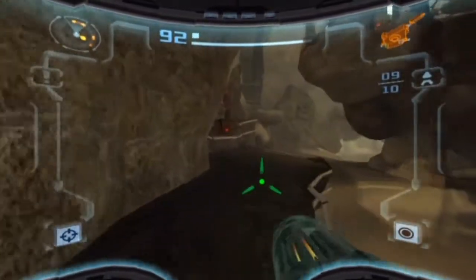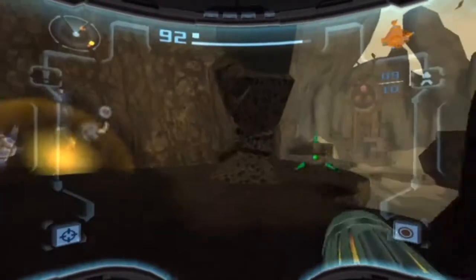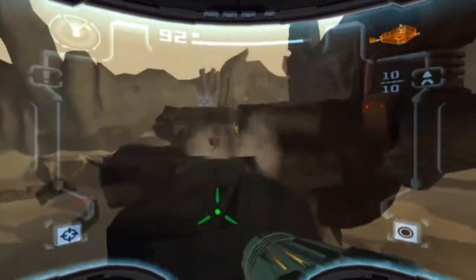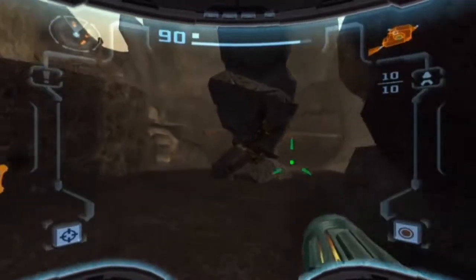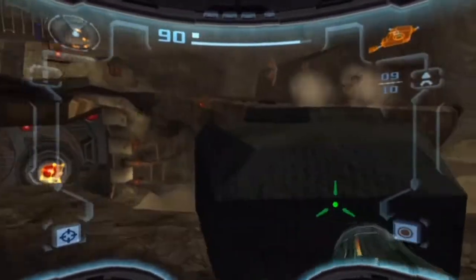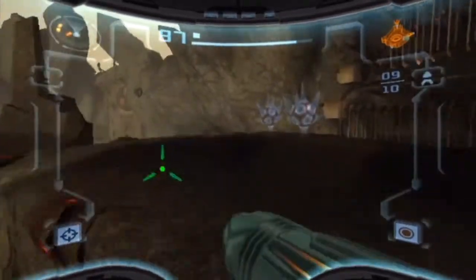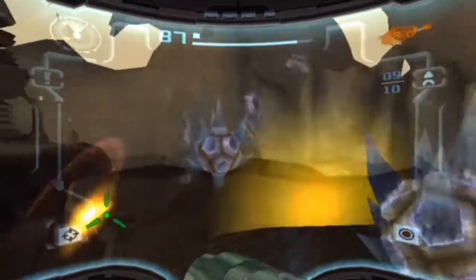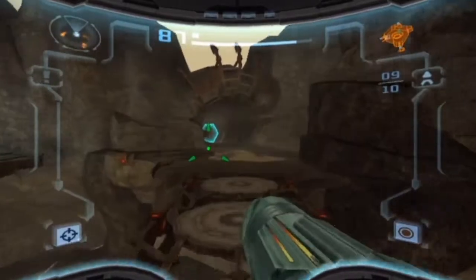So the first thing we're doing, we're gonna make our way up to the top of this place. You can't scan the amber holograms yet, but that door right there leads to literally just a map station. I think it's totally pointless. There's no reason that you'd want to go in there, so you don't have to. Meanwhile, while I hit puberty...